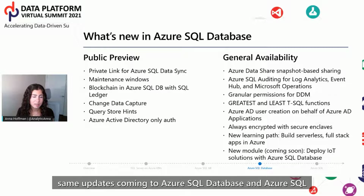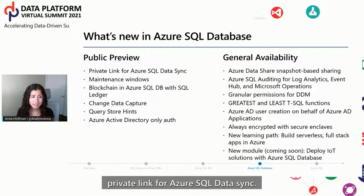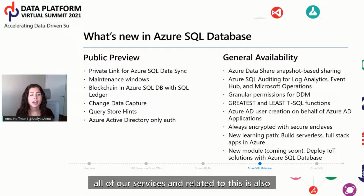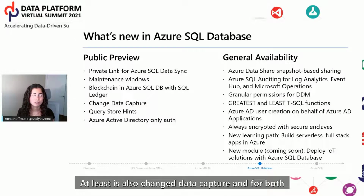Same functionality, same updates coming to Azure SQL Database and Azure SQL Managed Instance. Now, some new things just for Azure SQL Database include Private Link for Azure SQL Data Sync. This is something that customers have been asking for with the move towards more of a Private Link connection for all of our services. And related to this, at least related to Data Sync, is also Change Data